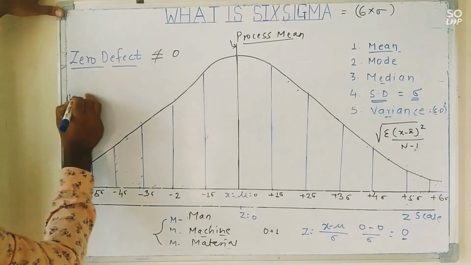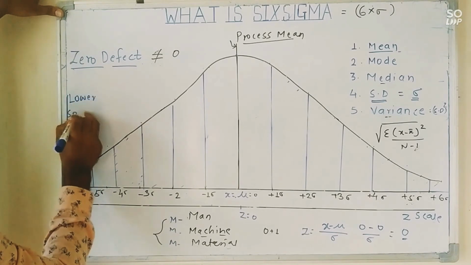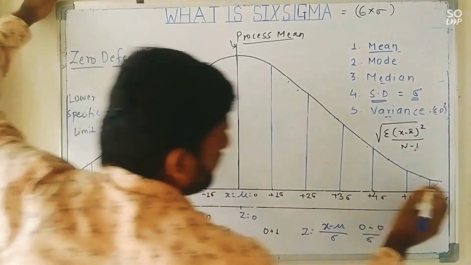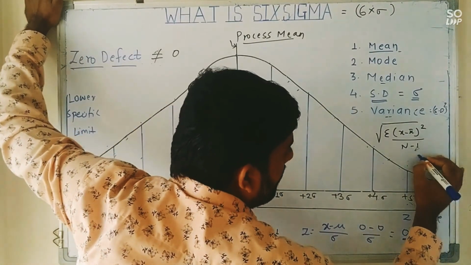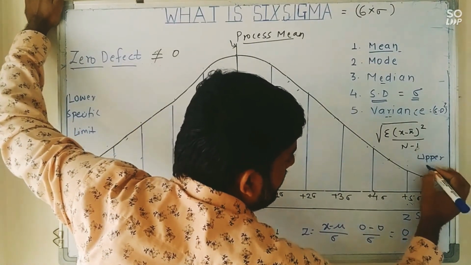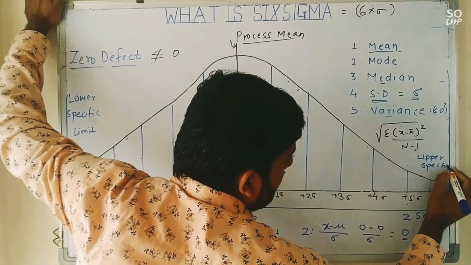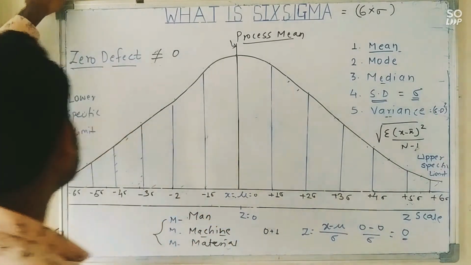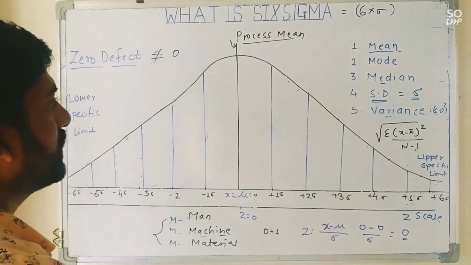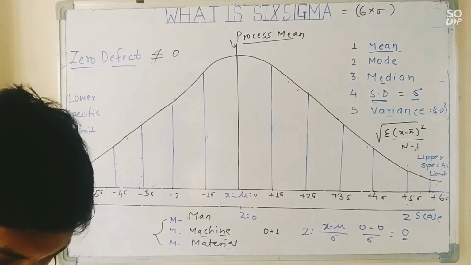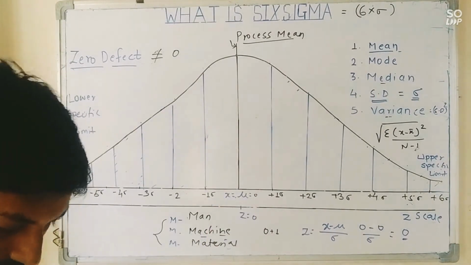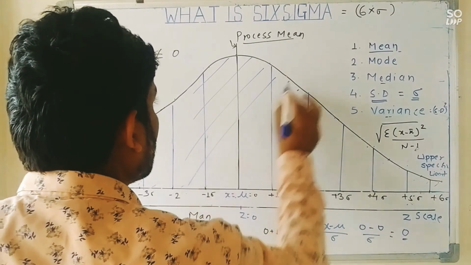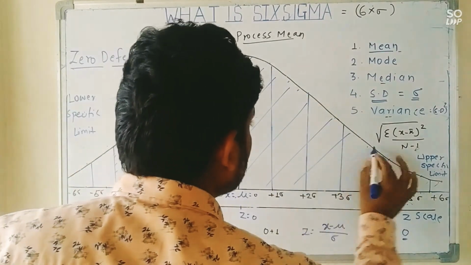be the lower specific limit, and this will be the upper specific limit. Now if we calculate the area covered under this region up to 6 sigma,